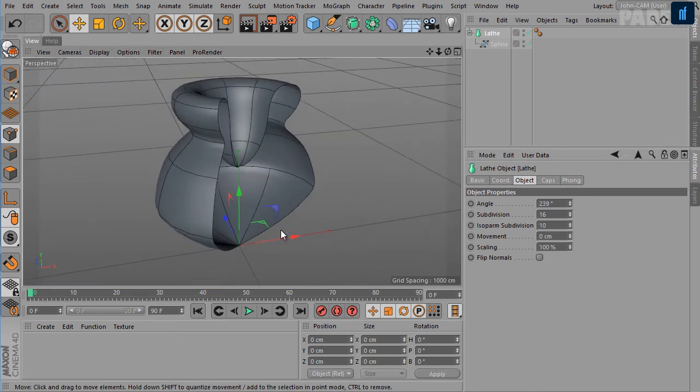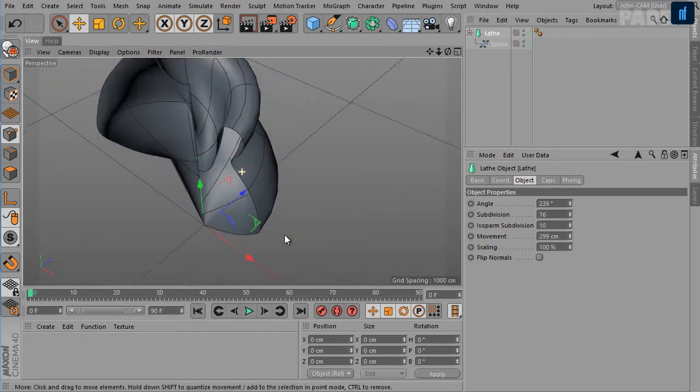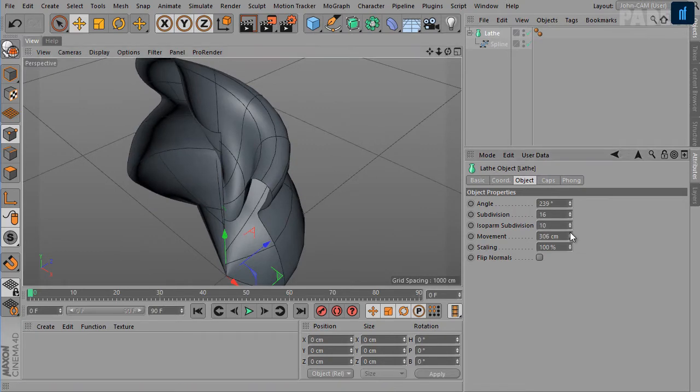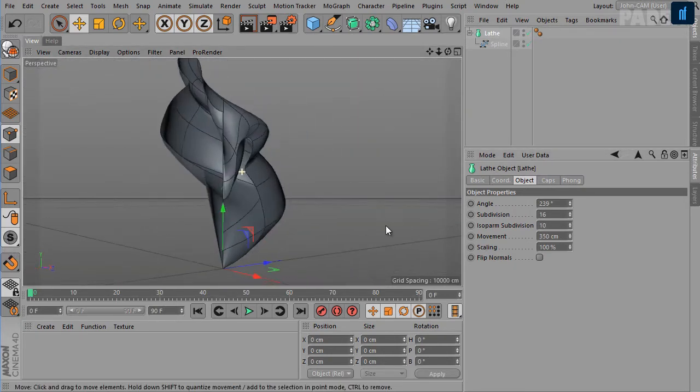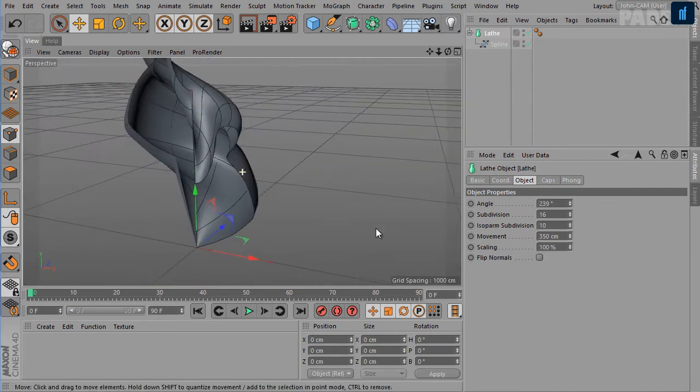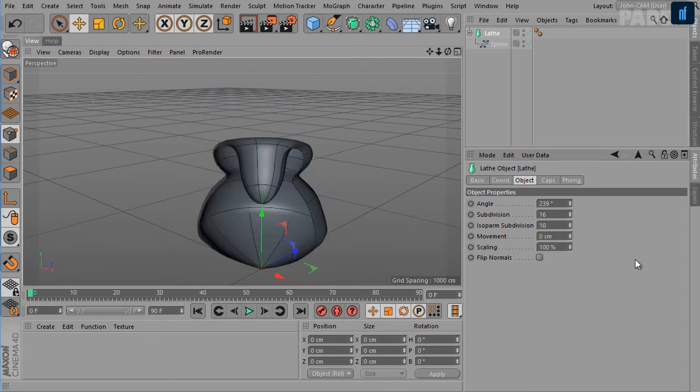Okay. Next is movement, which defines the longitudinal distance from the beginning of the lathe to the end. By default it's set to 0, but if you change this value, you can create helix-like structures. Okay, I'm going to switch it back to 0.